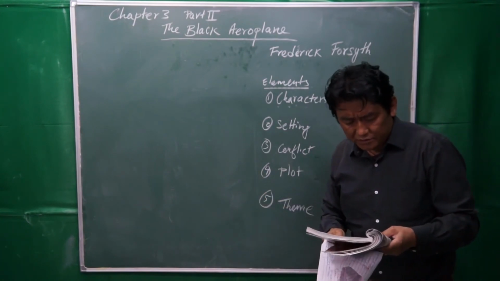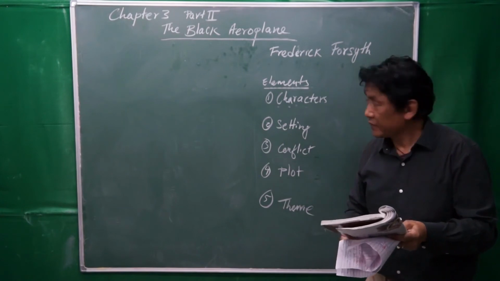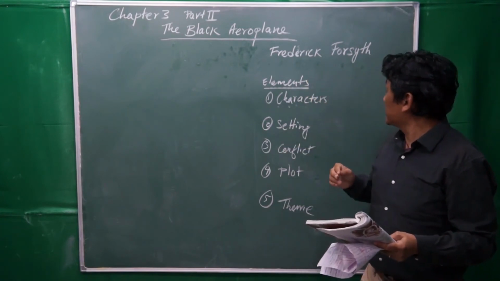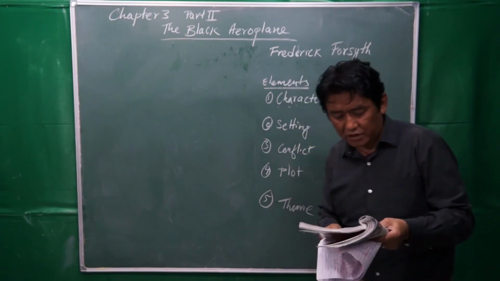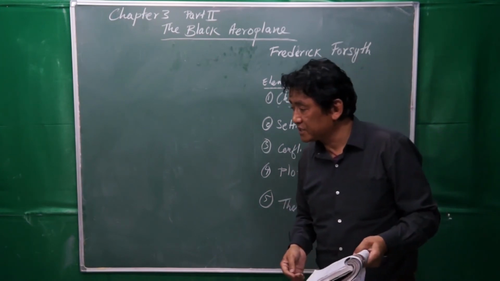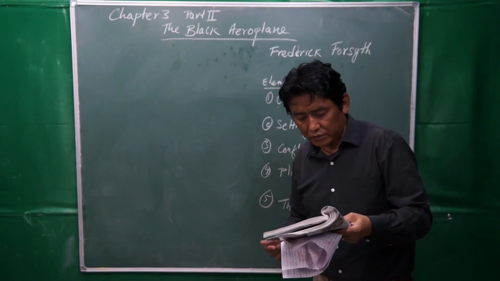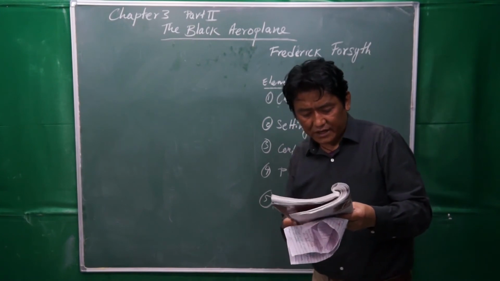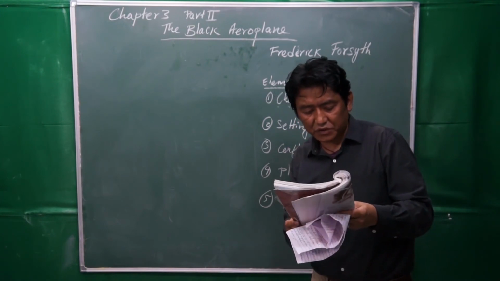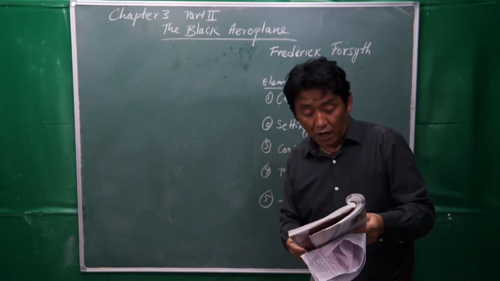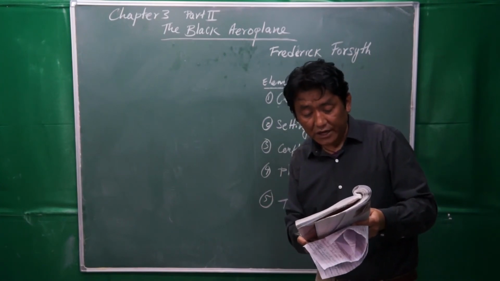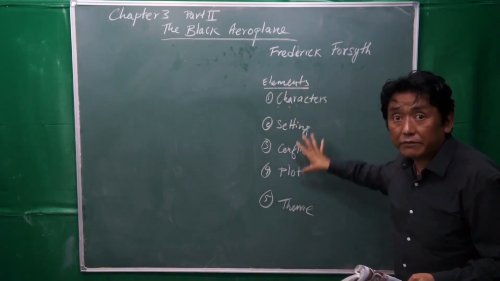And then the last paragraph. So who helped me? Now this Frederick Forsyth is saying, who helped me to arrive there safely without a compass or without radio and without a fuel tank? And then who was the pilot in that strange airplane flying in the storm without light? Okay, this is how this story ends. And then let's come back to these elements.